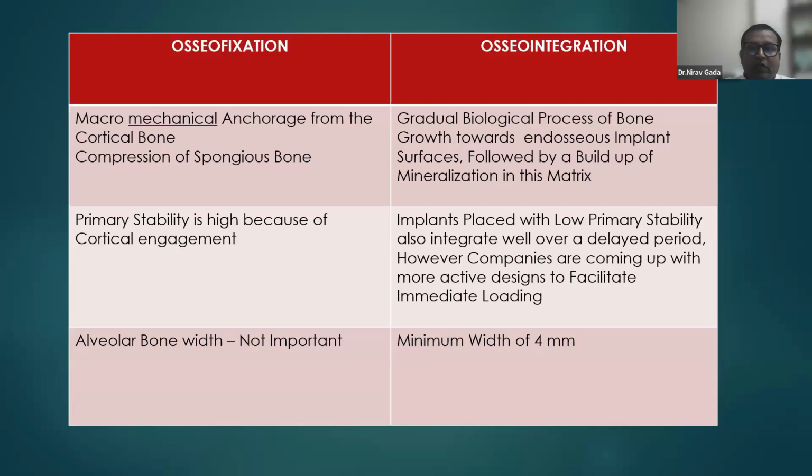Generally this is a gradual biological process of bone growth towards endosseous implants by mineralization in the matrix. But what are the advantages of osteofixation? They have very high primary stability, which allows us to load the areas. In osseo-integrated implants, there is very low primary stability. And in osseo-fixated areas, there is no importance to alveolar bone. But in osseo-integrated areas where you want to do two-piece implants, you need a minimum width, and we always respect